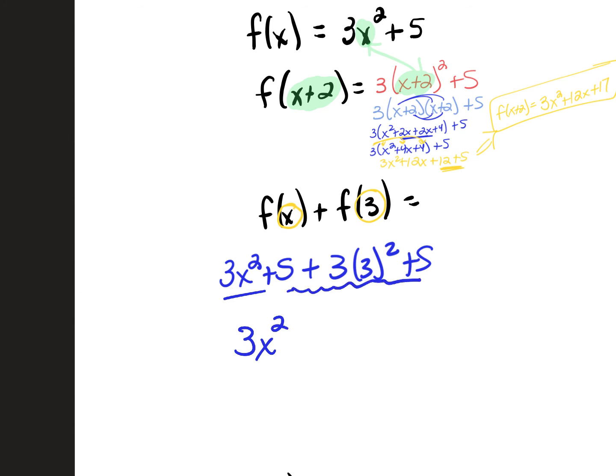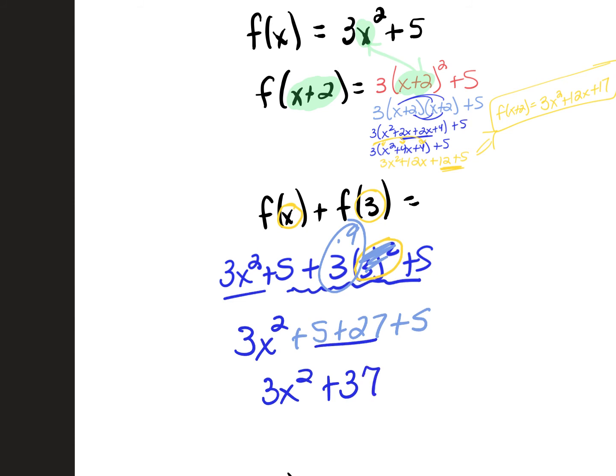So the first thing we need to do is the 3 squared. What is 3 squared? 9. Then I multiply 9 times 3, and I get what? What's 9 times 3? Okay, good. So I have plus 5 plus 27 plus 5. So we still have our 3x squared out in front. What is 5 plus 27? 32 plus 5 gives me